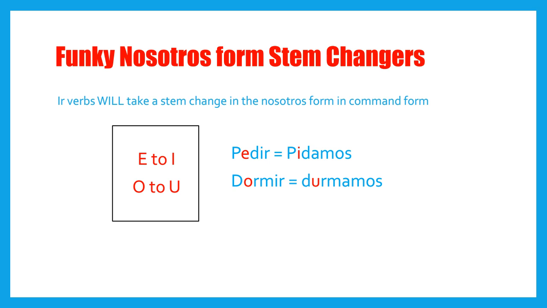It will probably be in multiple choice and things like that. So you more need to be aware of it and be able to pick the right one, not necessarily write it out yourself. And one more thing, be very careful because AR and ER verbs do not take their stem changes. So just like with the cargar zar verbs, remember jugar and almorzar, they don't take a stem change. So this is only with verbs that end in IR, which is also one of the rules that we did in the preterite tense. Only IR verbs take a stem change.